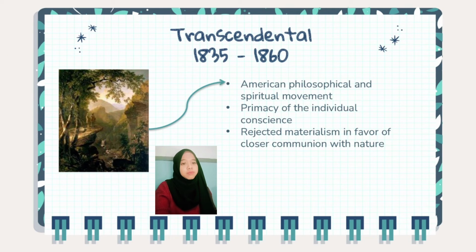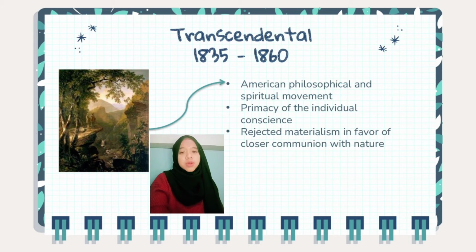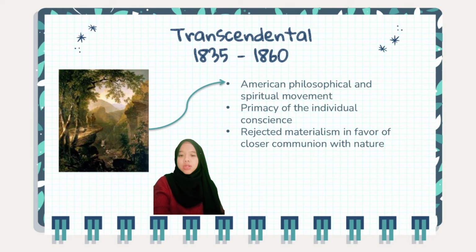So, here we have Transcendental writing, and that lasts from 1835 to 1860. And remember, it's a part of the Romantic literary movement. Transcendentalism was an American philosophical and spiritual movement. So it wasn't just a writing style, it's much bigger than that, and it focused on the primacy of the